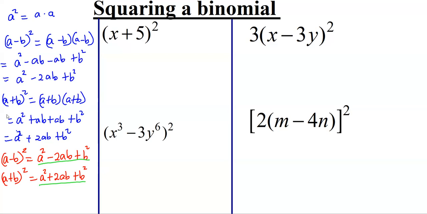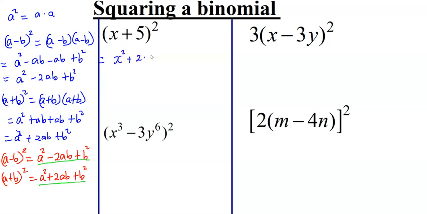Okay, let's see if we understand. We can find a way to simplify it, because we know the standard is that when it's plus there, it's going to be plus 2ab, which is a times b. In this case, our a and b are x and 5. So we're going to say it's x squared plus 2